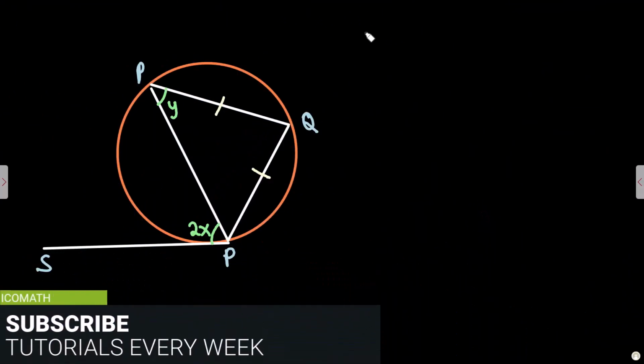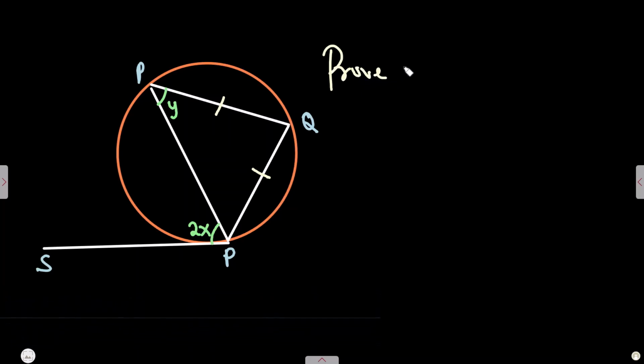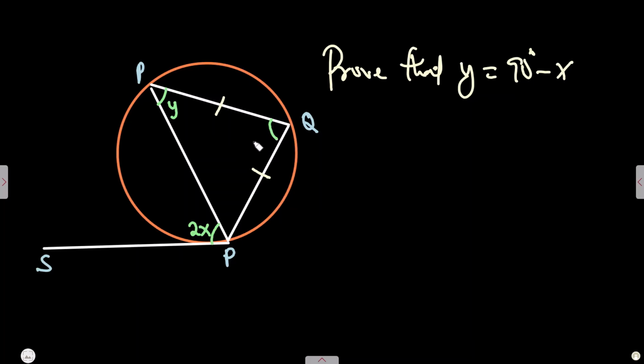So in this question, we want to prove that y is the same as 90 degrees minus x. And one of the ways you have to prove is to look at the diagrams carefully and study it. I'm just looking at it now, I immediately see that this angle here should be equal